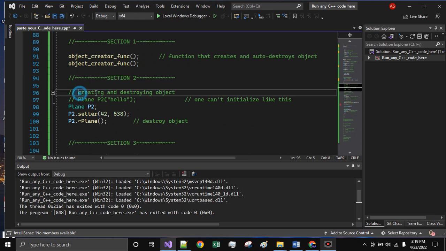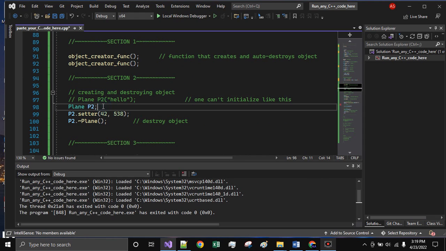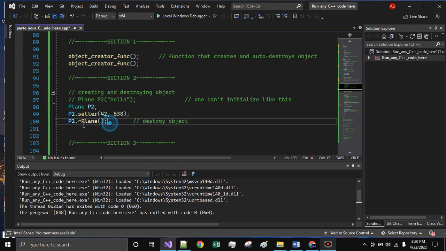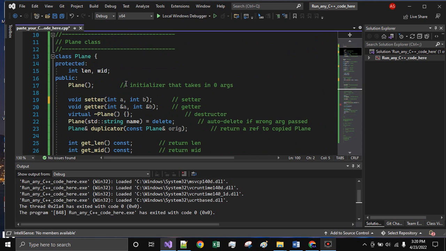Now section 2, creating and destroying objects. So this is done from inside int main, which is a little bit different than a function's auto deletion. Here we have our setter. Setter is already covered. Now here's our deleter. So what the deleter, how it works is that if you go up,